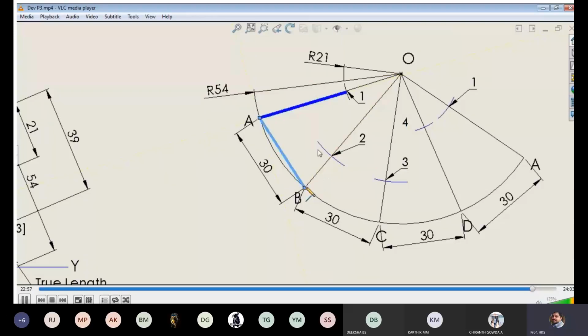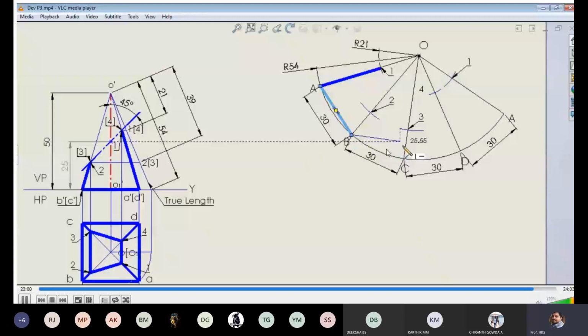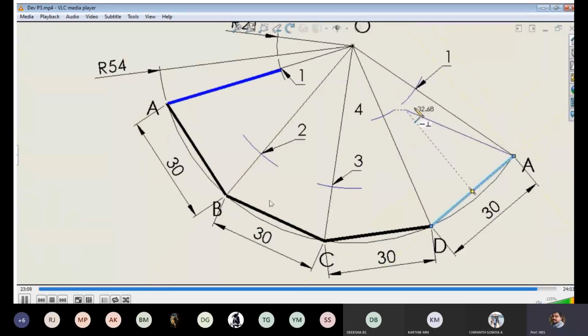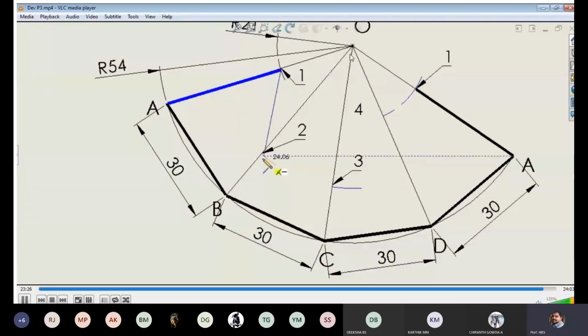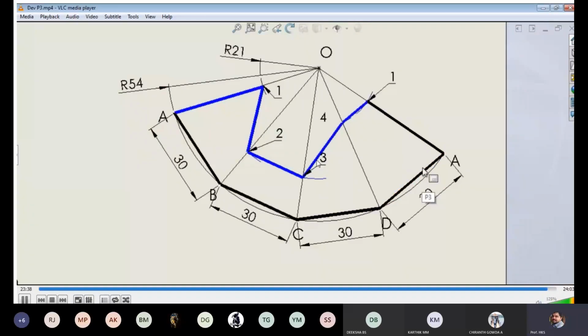Like this you have to mark the points. Then you have to connect A to B, B to C, and C to D, and D to A with straight lines. Since all these edges are straight, you have to connect them with straight lines like this. Then you have to draw the slant edges and represent them with thick line, till the retained portion, that means from A to 1. Above this, just for construction, that means we are going to remove that, we are representing them with thin lines. Only the retained portion, that is the truncated pyramid, should be shown with dark line.